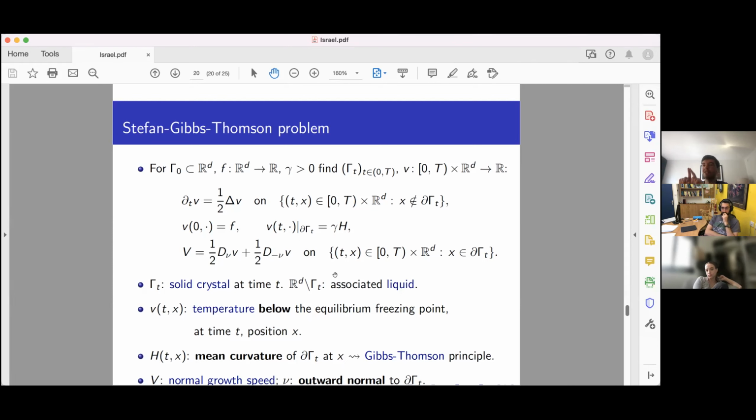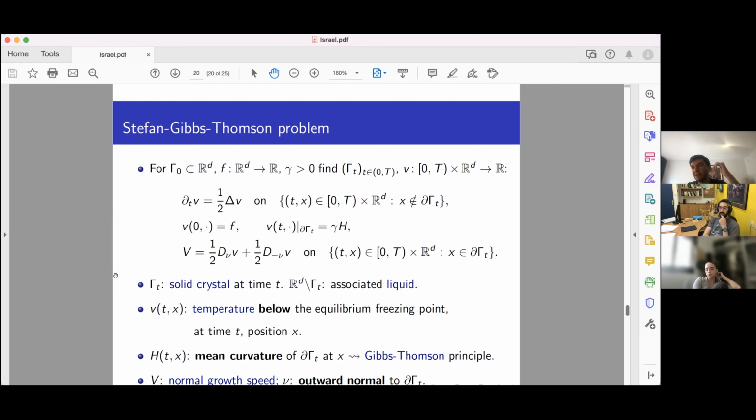sorry, I said it exactly the wrong way around. So when you create a long dendrite with a sharp tip, you will typically start melting the tip. And when you have a concave region, so let's say a fjord of water going into the ice, you will start filling this fjord. So that's what this curvature boundary condition is doing. And so in this problem, you expect a more smooth aggregate because these fjords and the tips will be quickly eliminated whenever they appear.